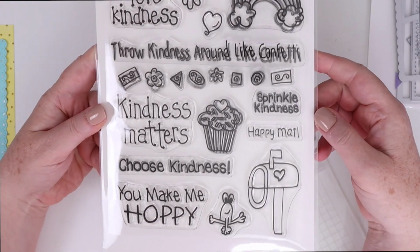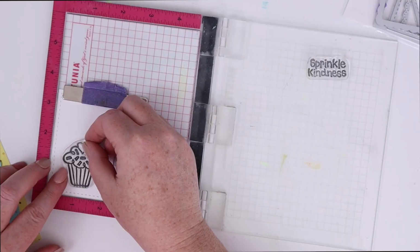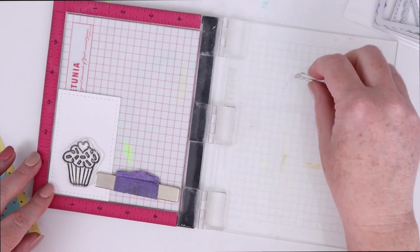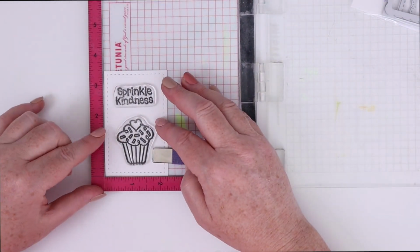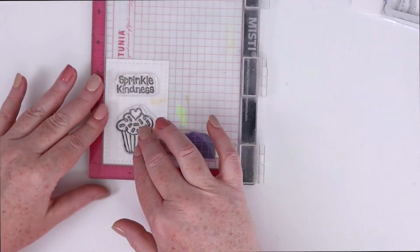and then I'm going to use the Kindness on Purpose stamp set. This is the new Laura Kelly for Therm O Web stamp set. It's a 6x8 stamp set with lots of cute images like this little cupcake, and it's got some cute sentiments like sprinkle kindness here. I did die cut another rectangle in a piece of white cardstock so that I could